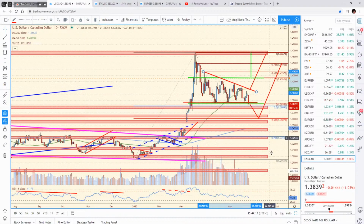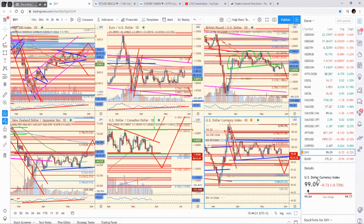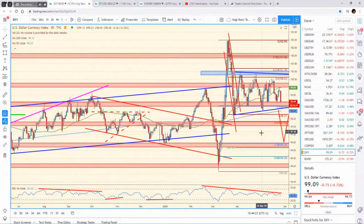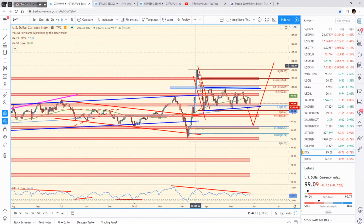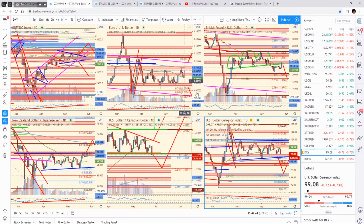And as you see, the USD CAD chart looks very, very similar to the DXY itself, right? Here it is, a move lower, a triangle. Now, admittedly, the DXY has not broken lower yet. And in order for it to confirm doing so, we would need to roughly see a move below 98.50. But I think it's quite likely